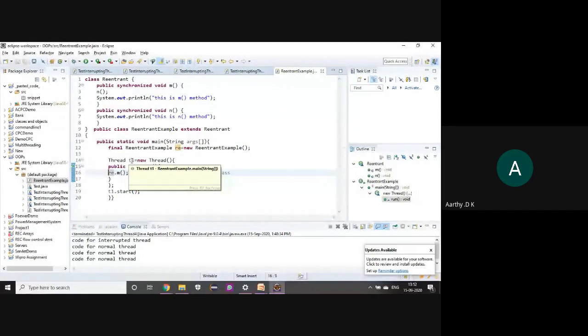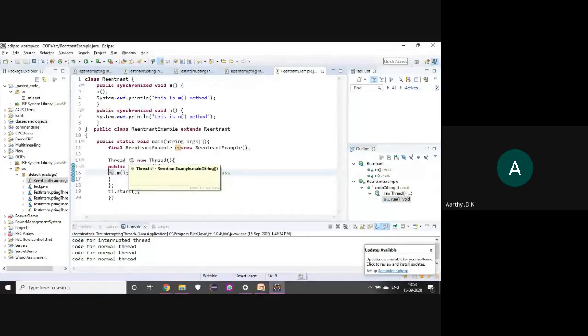I am holding the shared resource, I am holding the monitor, and I am trying to re-enter the monitor to hold the lock for the N method. When you do that, you would expect a situation called deadlock. But Java eliminates this deadlock. That is, you have a resource and you are trying to reacquire the lock for that resource. Java provides the feasibility such that this deadlock can be eliminated. So when you are owning the resource inside the monitor, there is no problem.